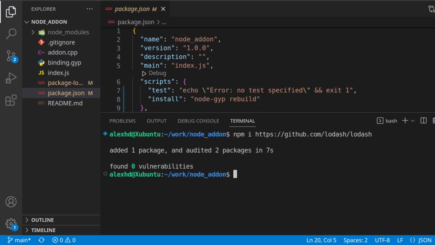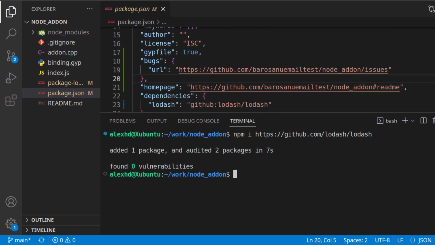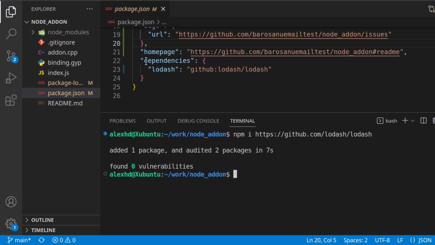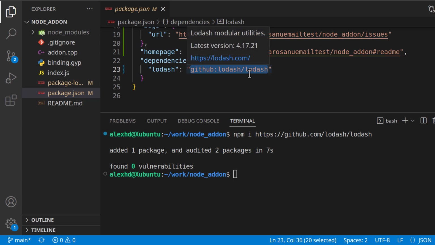And as you can see, now this package was installed directly from Git. You will see these dependencies right here, which is this Lodash package, which is directly taken from GitHub. You can play around with this, and the documentation shows us that you can even specify the version of the tag or the